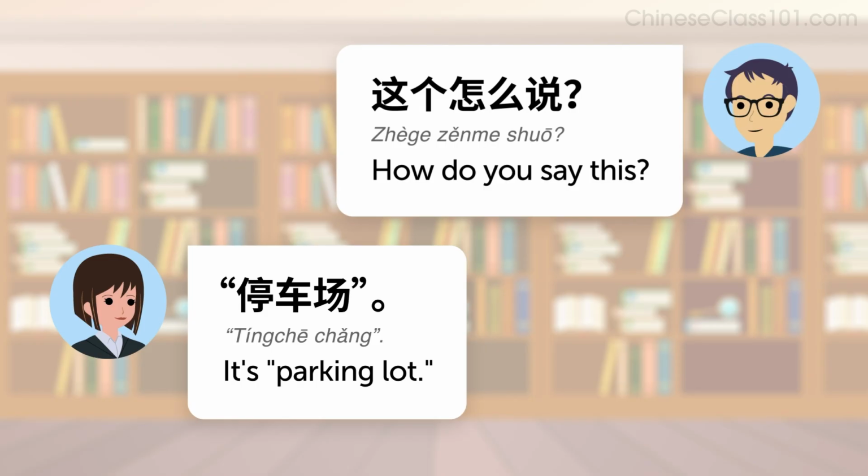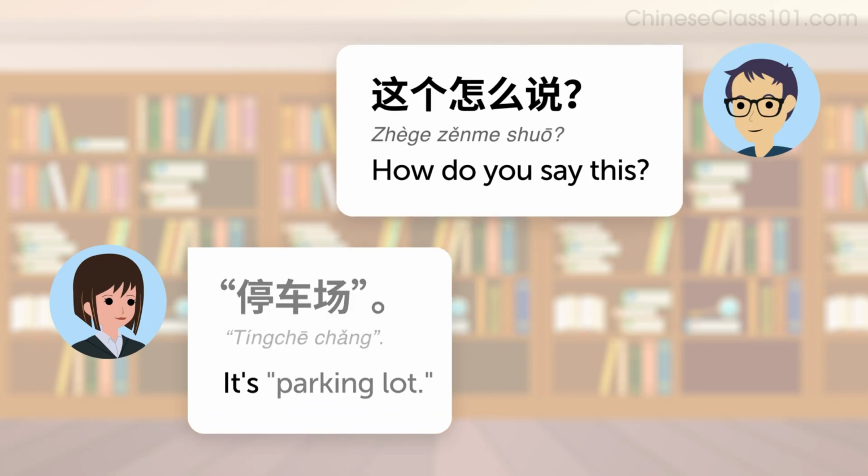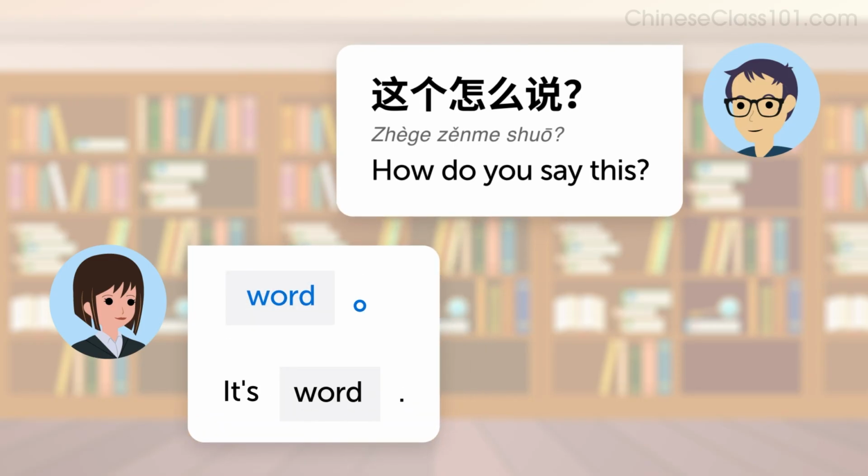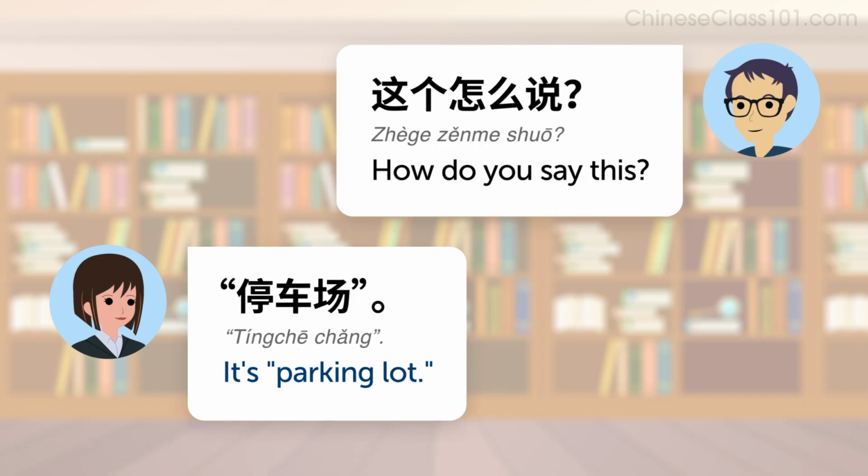Now, how do you answer this question? The pattern is word. In Chinese, we only say the word as the answer. For example, it's parking lot. 停车场，